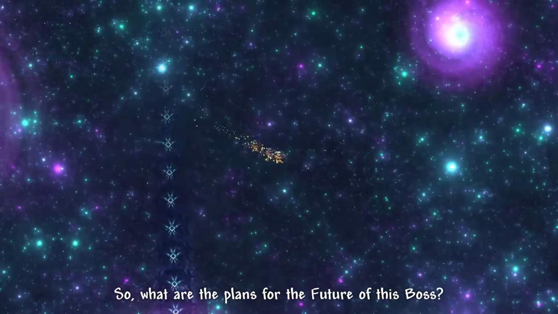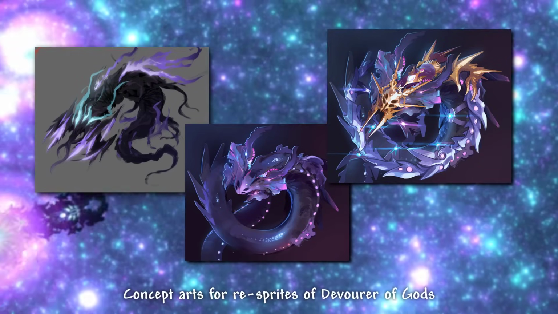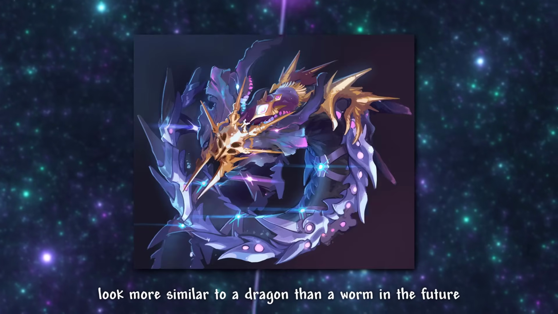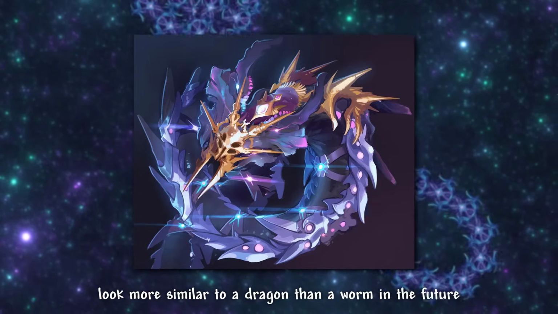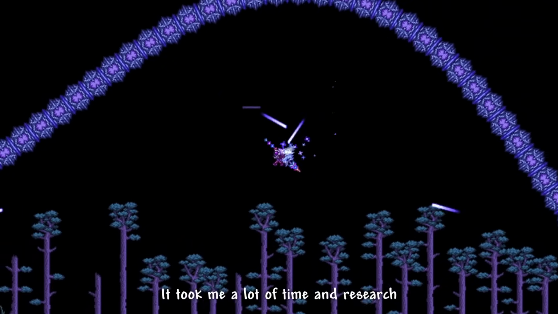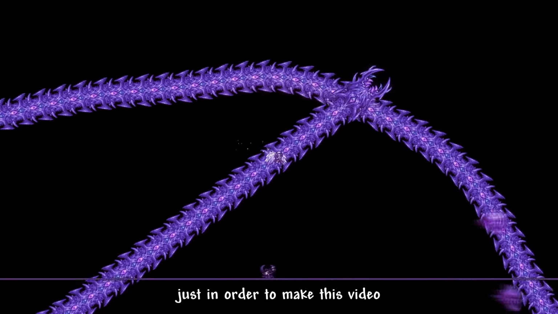So, what are the plans for the future of this boss? Concept arts for sprites of Devourer of Gods have been made by Iban, and it looks like they're trying to make Devourer look more similar to a dragon than a worm in the future. And that's the evolution of the infamous classic galaxy space worm, Devourer of Gods. It took me a lot of time and research going back and forth between dozens of Calamity versions just in order to make this